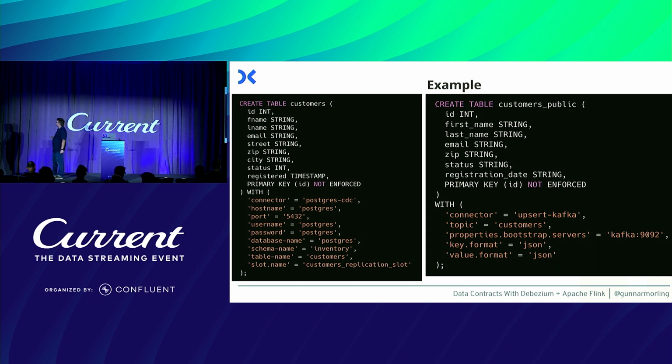So that's our source table. Then our sync table, same thing pretty much. Our schema now is this public user-facing schema, which we would like to publish to Kafka. You see already it has different field names, for fname and first name, for instance. And in this case, this uses the Kafka upsert connector going to a specific Kafka cluster to write the data there. And of course, the question is, how do we get the data now from our source table